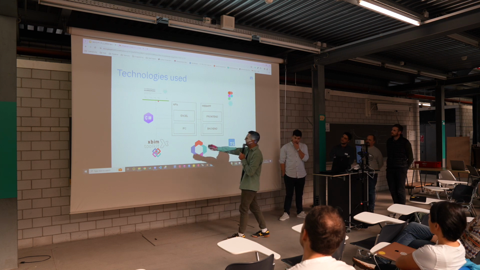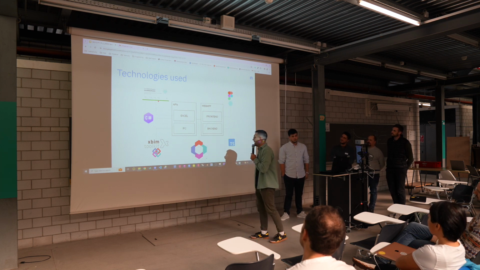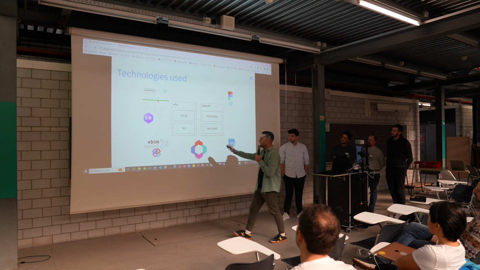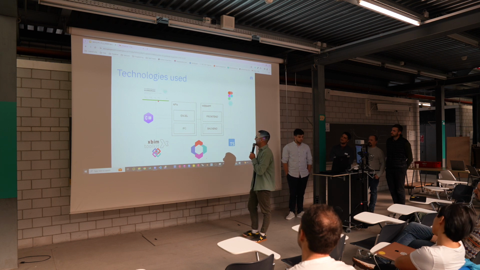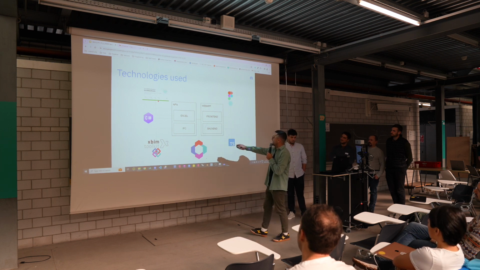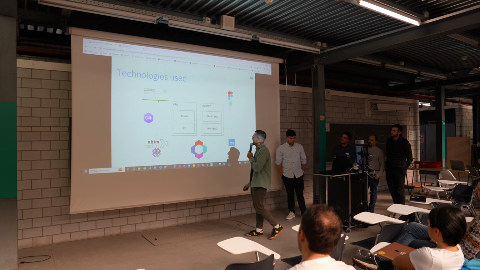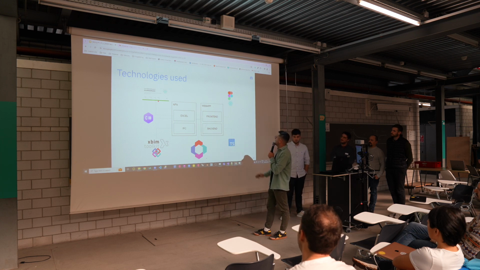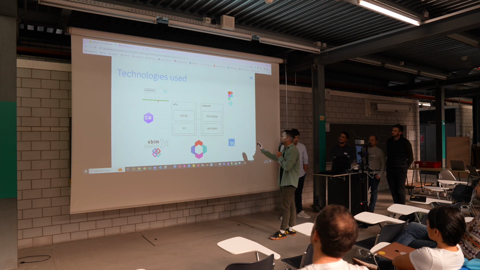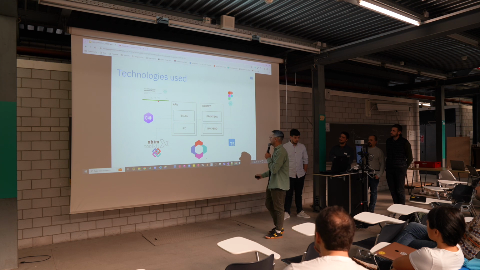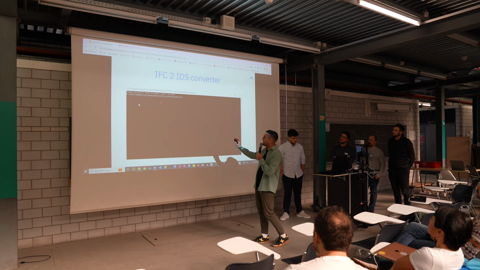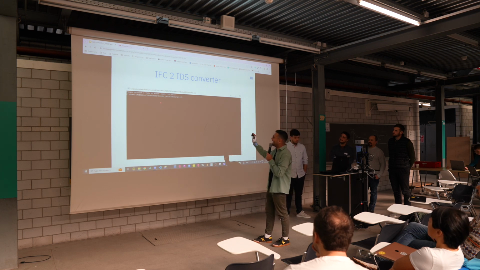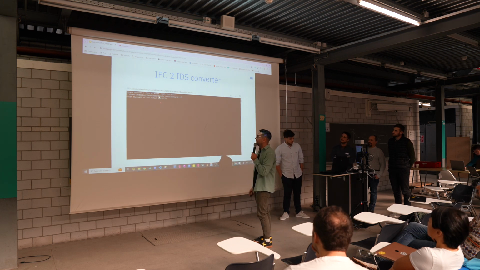So for the IFC reader, we used the Xbim Toolkit. Obviously, it's fully written in C#. And for the Excel, we used Excel Data Reader. For the exchanging, we used IDS. In the web app, we started the project in Figma, then jumped into React, and the backend is fully written in TypeScript. What we have built so far, well, we have built a console application that can run headless for